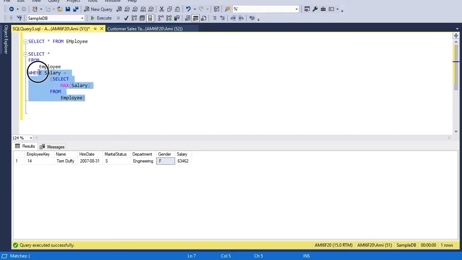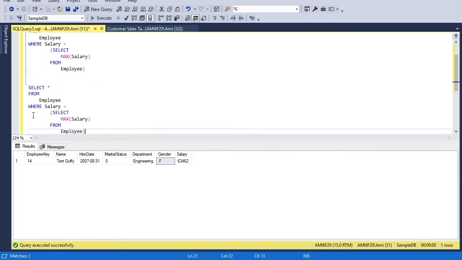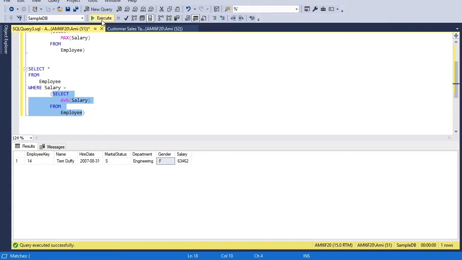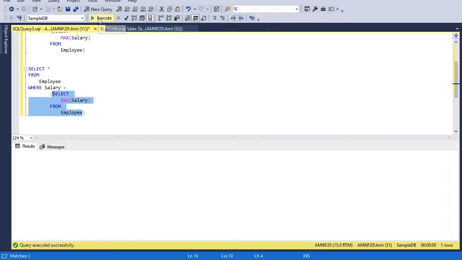In the same way we can also query the average salary. Let me copy this query again here, and this time I am looking for the average salary. So the inner query will retrieve the average of the salary. Let me execute that inner query only. I have selected this, and if I run this, the average salary is 20336.